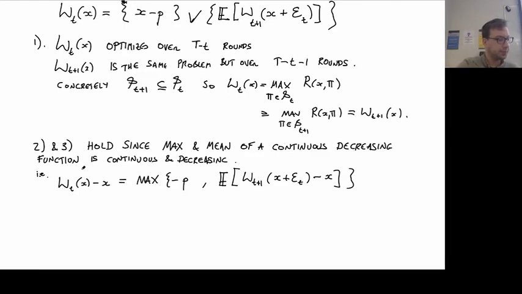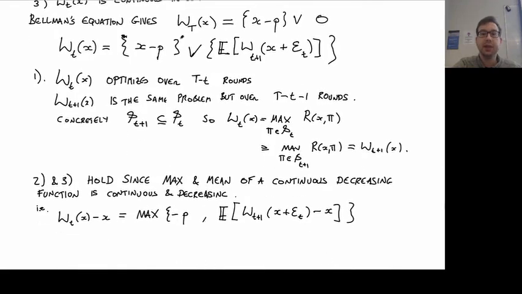Okay? So notice that this is a continuous and decreasing function, so it just has to preserve itself. Since at time capital T we start with a continuous decreasing function, at time capital T minus 1, it must be a continuous and decreasing function because it satisfies Bellman's equation. Okay? And that preserves the properties, and so forth and so forth. Okay? So that's why,